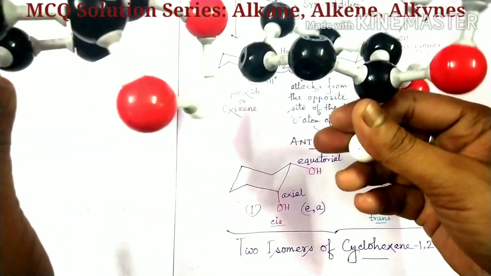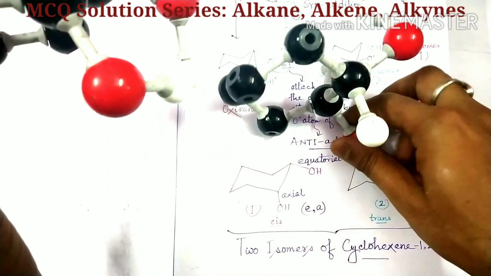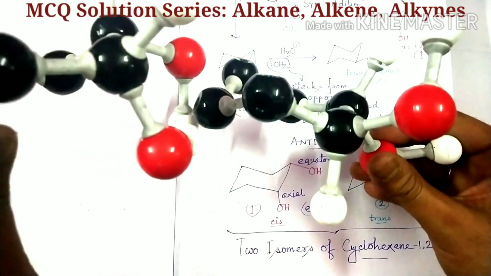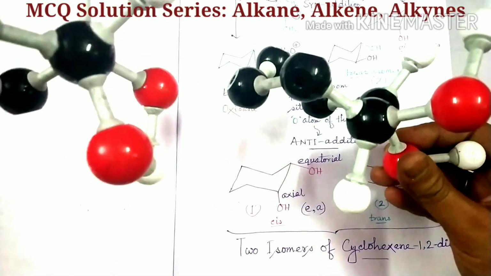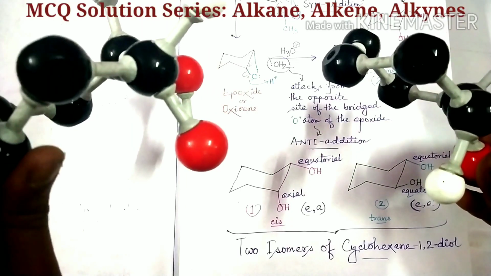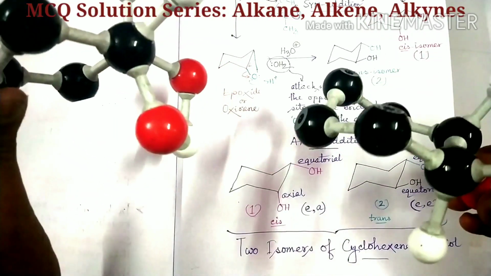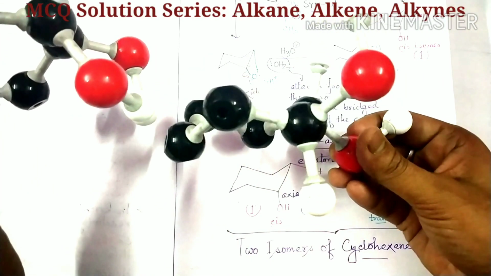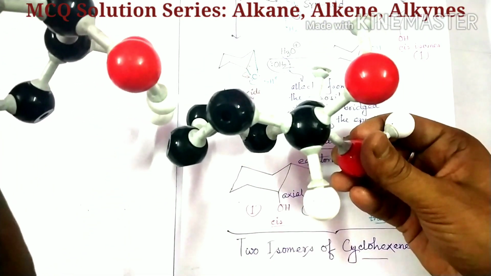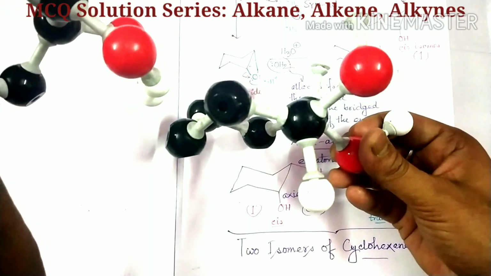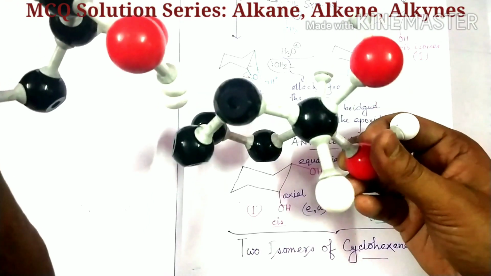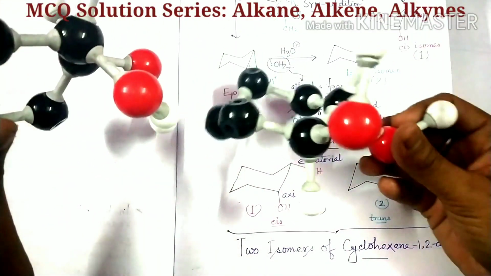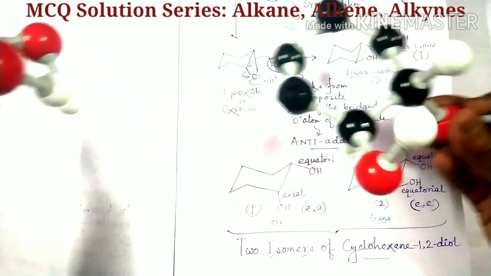Look at here, this is our trans isomer. Here in the left compound, two OH groups are present in the downward bond, and in the right compound the two OH groups are in the opposite directed bonds. One is upward and one is downward. So the left one is the cis isomer, the right one is the trans isomer. Okay,